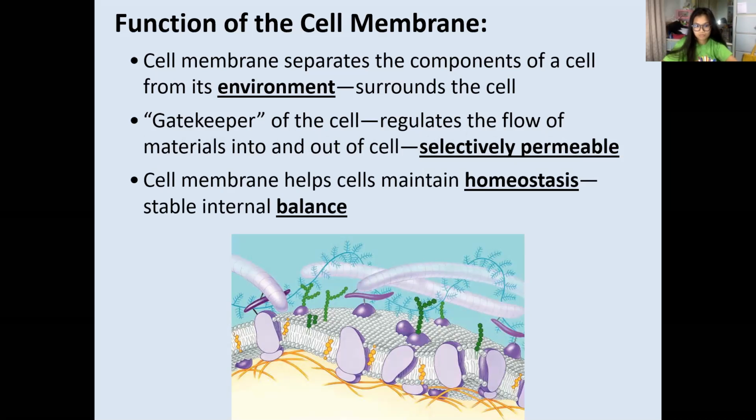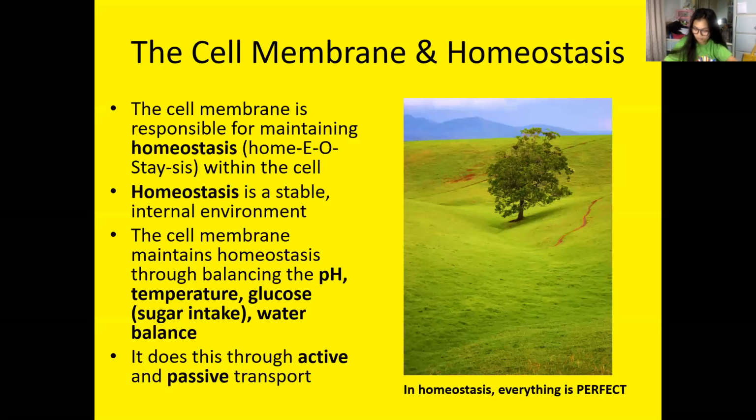What does this homeostasis further mean? So the cell membrane is responsible for maintaining the balance within the cell. What is this balance all about? Of course, the number of molecules that get in and out, the pH level inside the cell and the pH level outside of the cell, the temperature inside and outside the cell, together with all the other important molecules like sodium and potassium.